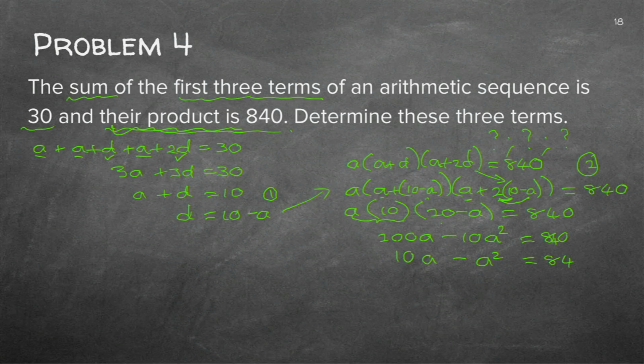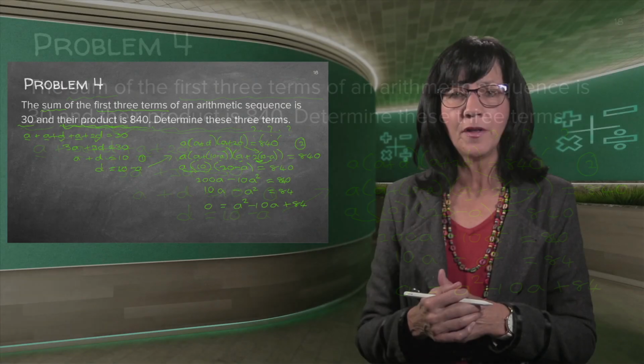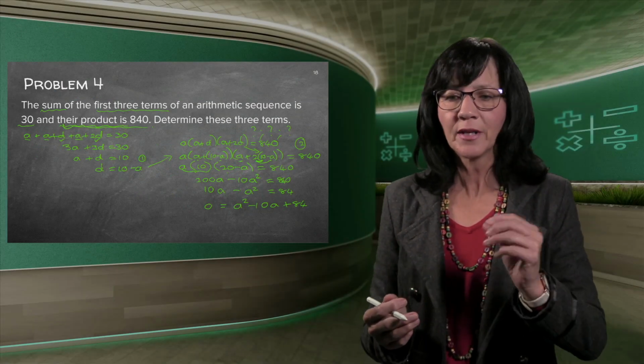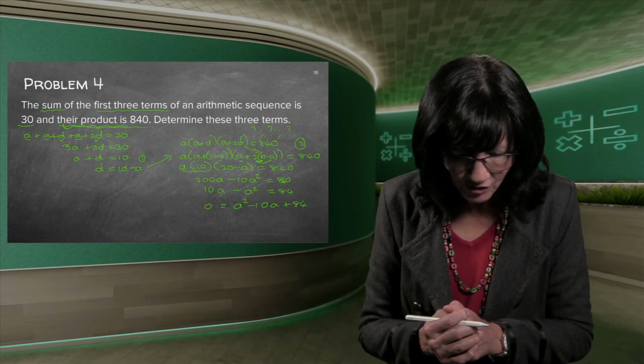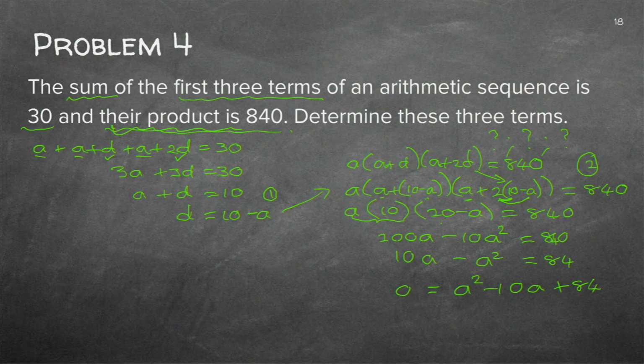And now I see my squarey thing, and I know I can't solve a squarey thing if I don't have it equal to 0. So I'm going to take the A squared and the 10A to the right-hand side, and I'm going to leave the 84 here, and put the 0 on the left-hand side. It doesn't matter on which side you put the 0, as long as you have a 0. And why did I rather take the A squared over? Because it was minus A squared. You cannot factorize if you've got minus A squared. So therefore, you rather just do it like this.